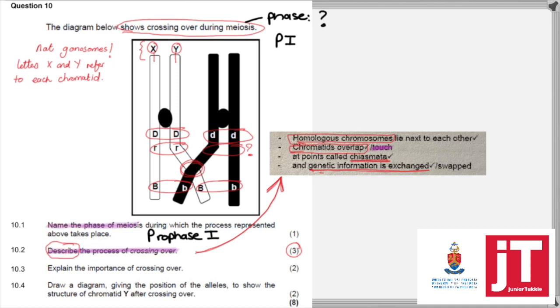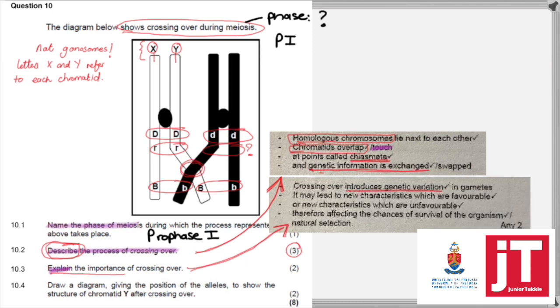Because if we move on to question 10.3, we can see that the next question here is looking at explain. And I've quickly popped in the memorandum answer here too, because now it's the what and the why. So describe is the what is happening, and explain refers to the what and the why of what is happening. So let's see. We've got the importance of crossing over being that it introduces genetic variation, leading to new